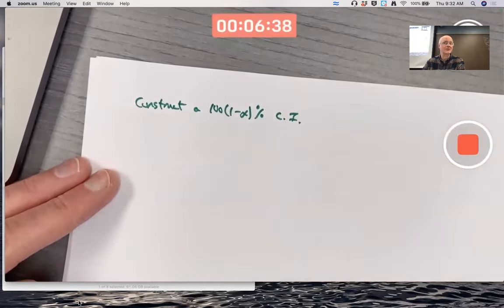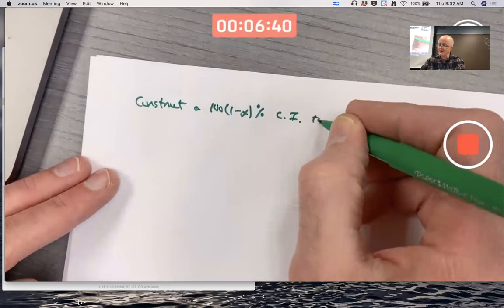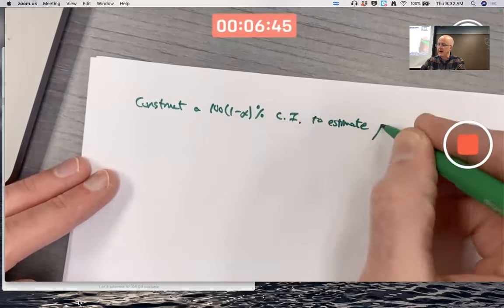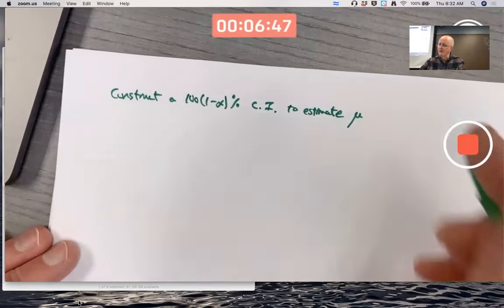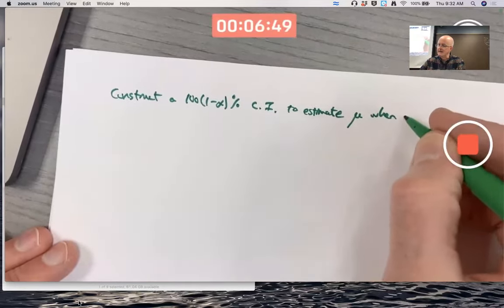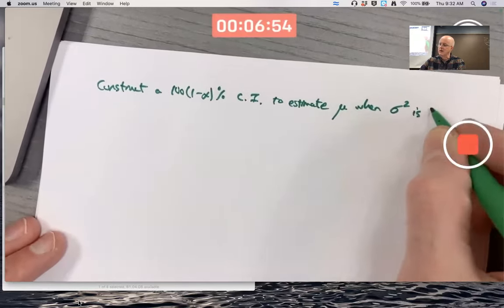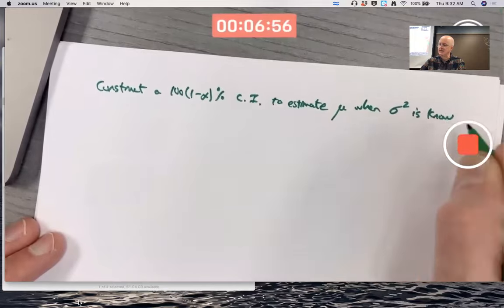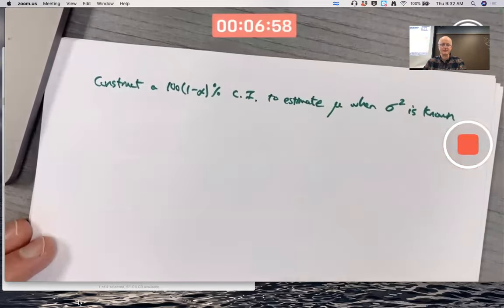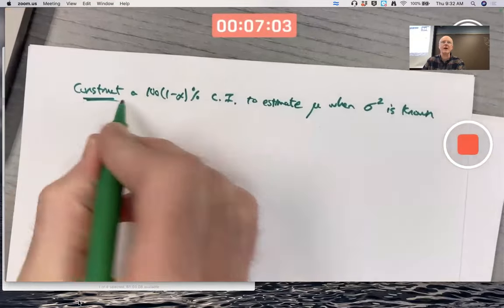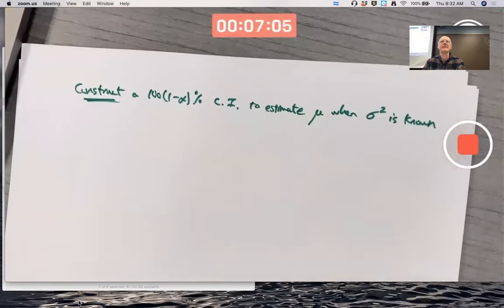I'm trying to think about the construction of it to estimate mu, a population mean, when sigma squared, the population variance, is known, which of course also means sigma, the population standard deviation, is known. Okay, construct, not writing down the formula right away. What's the idea behind the construction? And the last sentence that I just read,